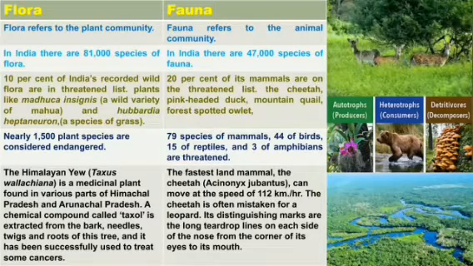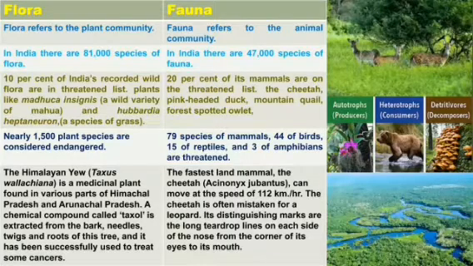In flora, here is one plant which is known as Himalayan yew, which is also a scientific name. Taxus wallichiana, a medicinal plant which was found in Himachal Pradesh and Arunachal Pradesh, from which a chemical substance is extracted, that is Taxol, which was particularly taken from the bark, needles, twigs, and roots of the trees. Now, one most important thing seen in this plant was that the chemical was used to cure some cancers.